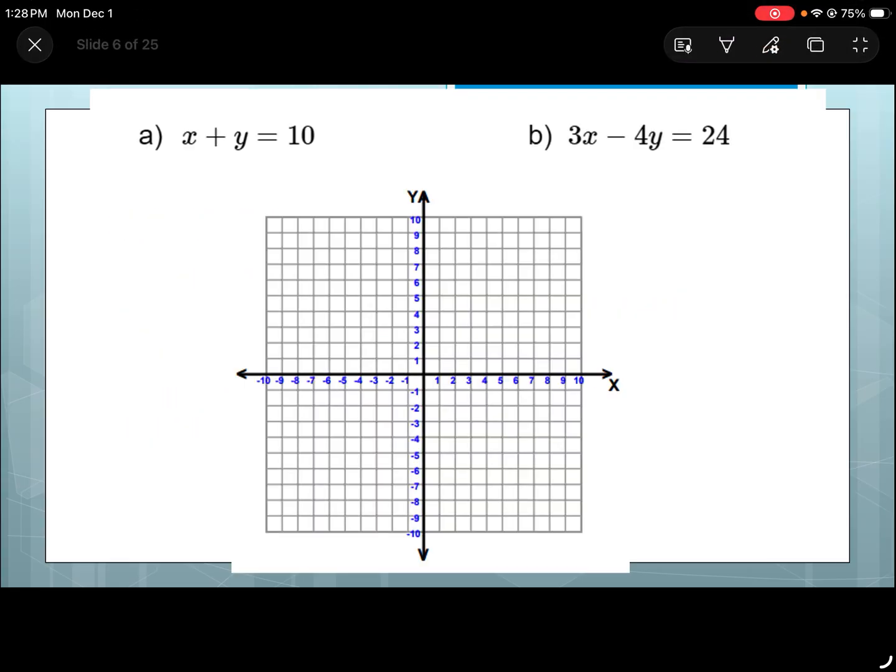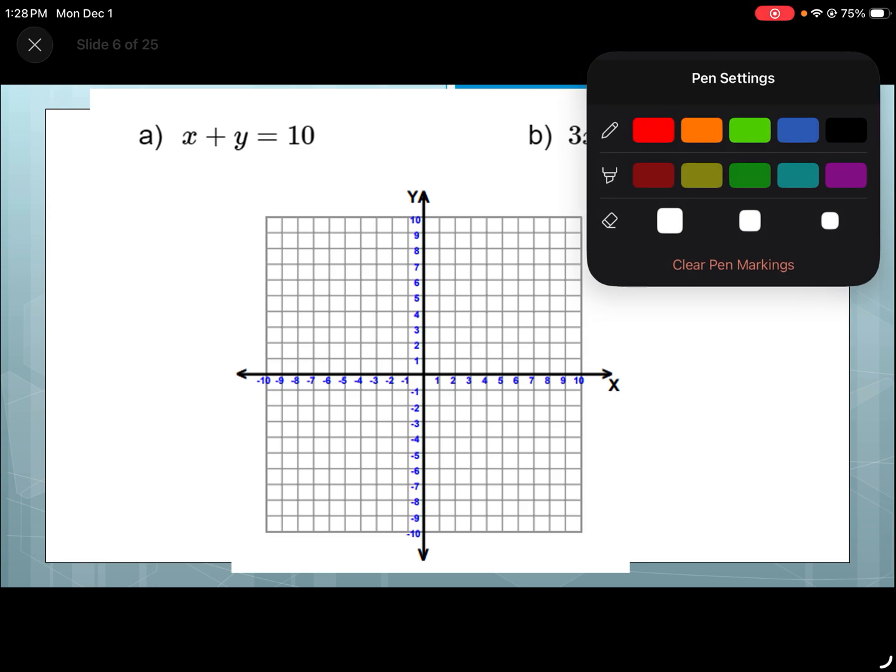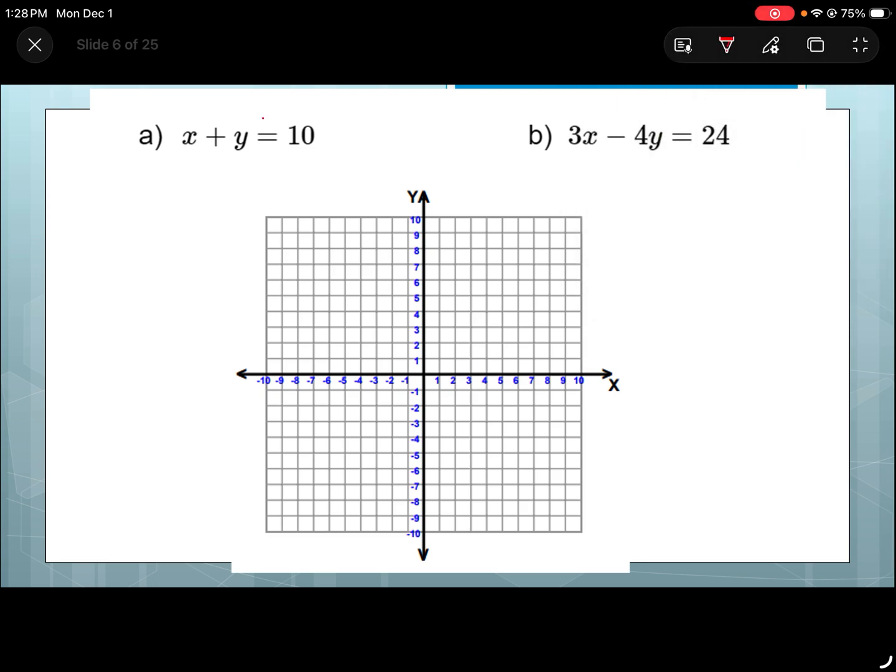So, x plus y equals 10. I'm literally going to ignore the y and get x equals 10. So then I can put a little dot here for x equals 10. I've just done it. I said x, didn't I? And then I did y, my bad. So, if I ignore y, I get x is 10. So then x is 10. Good. If I ignore x,